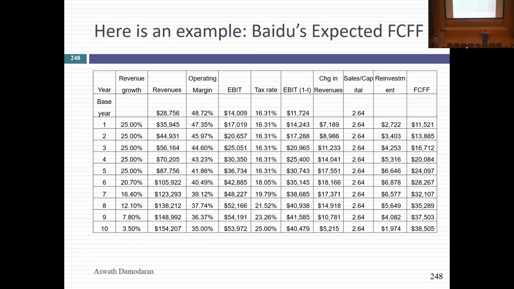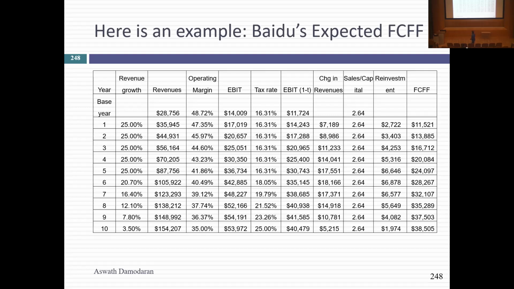This is where valuation gets made or broken. Focus on that part of the exercise, and you really are getting to the heart of valuation. So the case of Baidu, where the margins were, I assume margins over time will come under pressure. The margins decreased from 49% down to 35%. Why? Because at the time that I did this valuation, Baidu dominated the Chinese market. There was absolutely no competition, but you could see the beginnings coming in from Tencent and Alibaba kind of trying to eat into their online advertising.